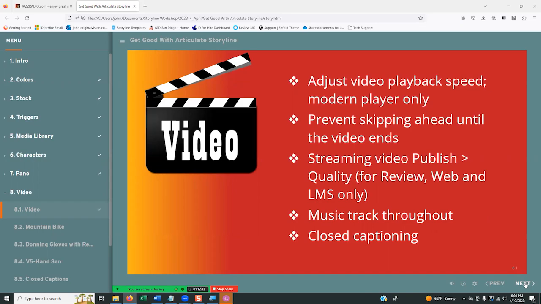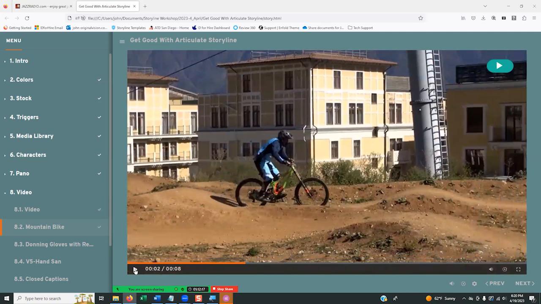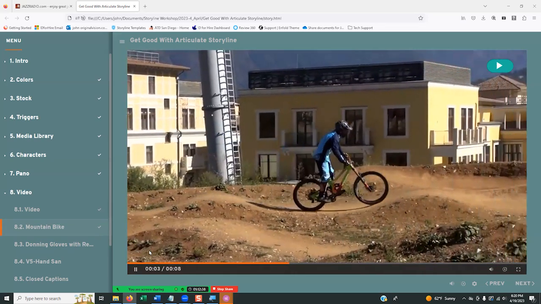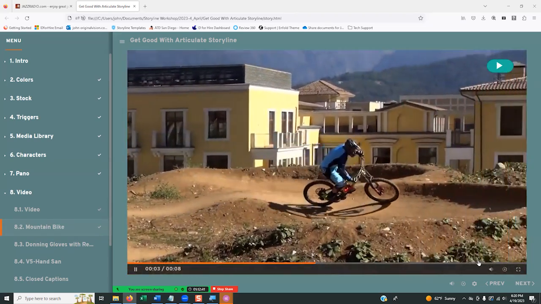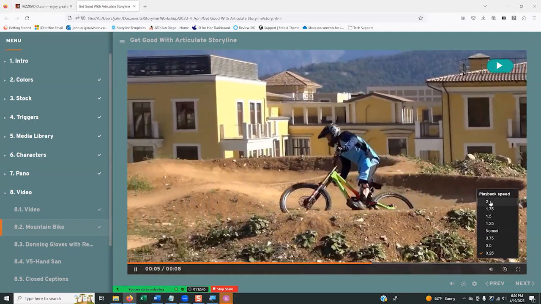So let's take a look at how these things work. Let me pause that and go over here. In the lower right hand corner, you see a little round thing. Playback speed can be adjusted to a quarter speed, and you can really take a look at that technique. So you can slow it down and see exactly what's happening, or else you could go over here to go